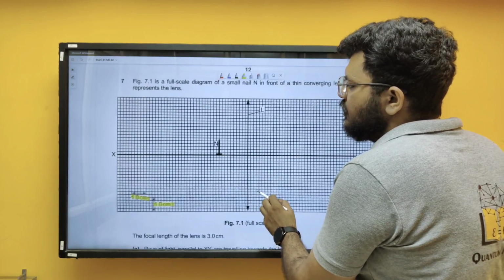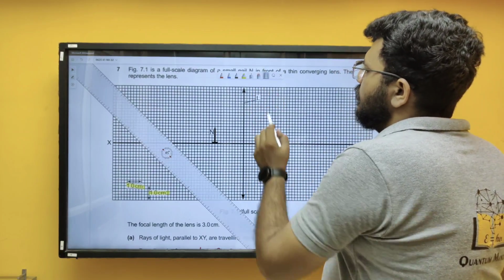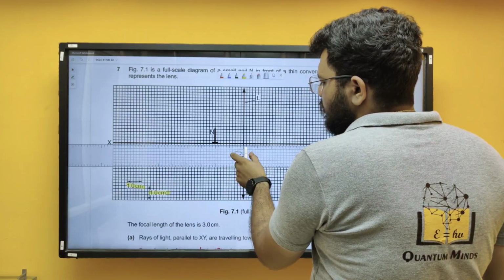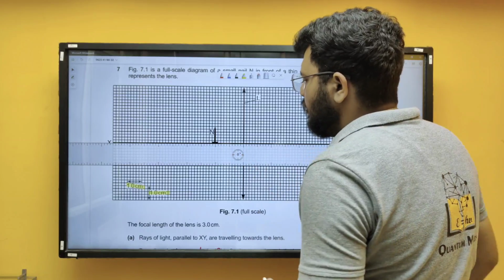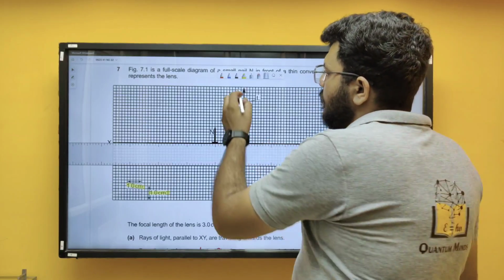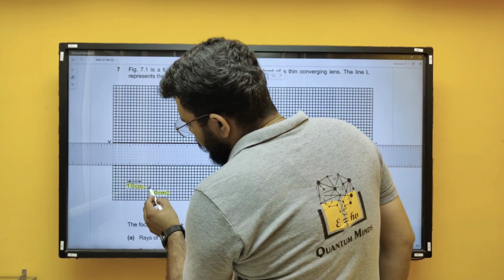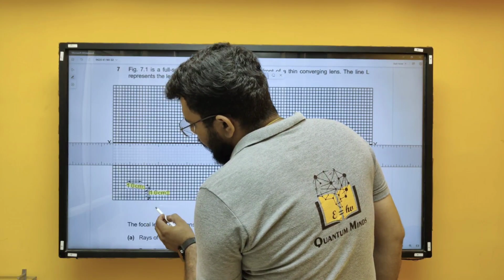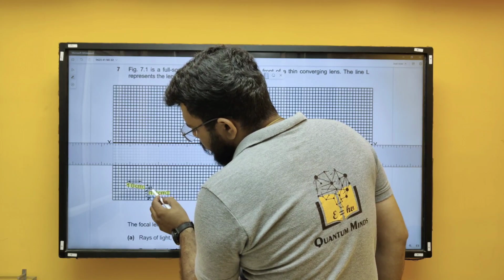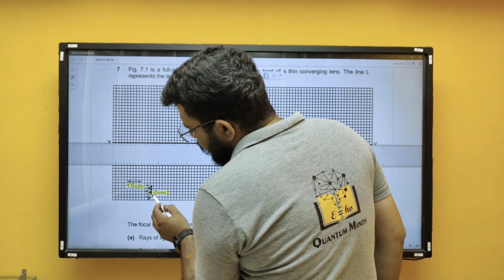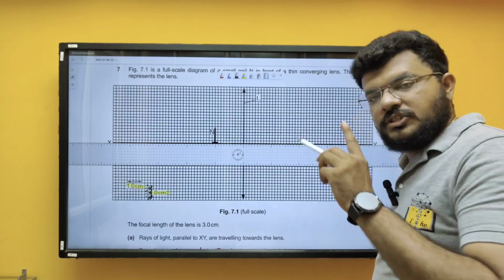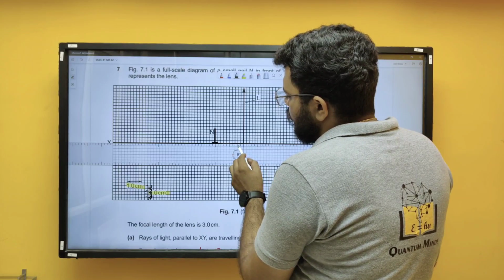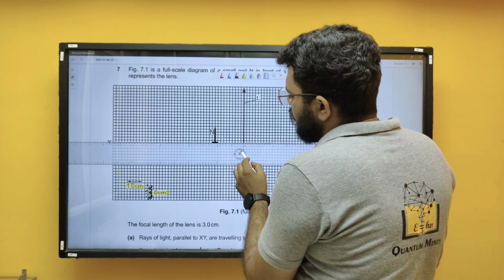The principal focuses are 3 centimeter apart, correct? So I'll need my scale here. I'll need to actually have some perspective, because right now this is not 1 centimeter. Okay, it's already given that 1, 2, 3, 4, 5 and 6 units. I think, let me check once more. 1, 2, 3, 4 and 5. Okay, so 5 box is 1 centimeter. So from the center I have 1, 2, 3, 4 and sorry,